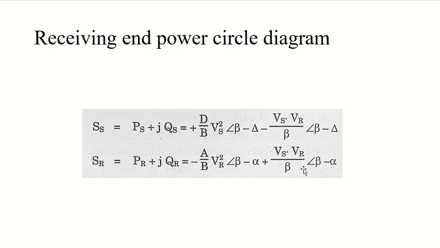So what is complex power here? Complex power is actually a phasor. The real component of that phasor represents the real power, which we indicate by P, and the imaginary component indicates the reactive power, which we indicate by Q, right? So we can plot this sending end apparent power and receiving end apparent power in an XY graph. We will take true power on the horizontal axis, or x axis, and on the vertical axis,